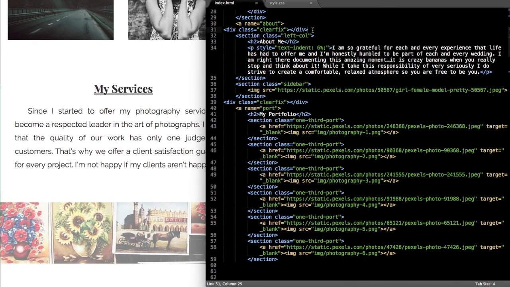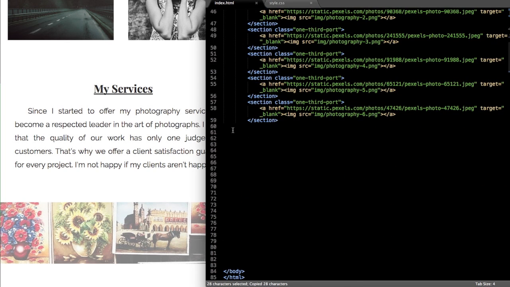So again, let's add a div class clear fix to make sure that everything lines up properly. And then we'll do the a name for the services section. So div class clear fix and close out the div, and then a name equals, in quotations, serv,